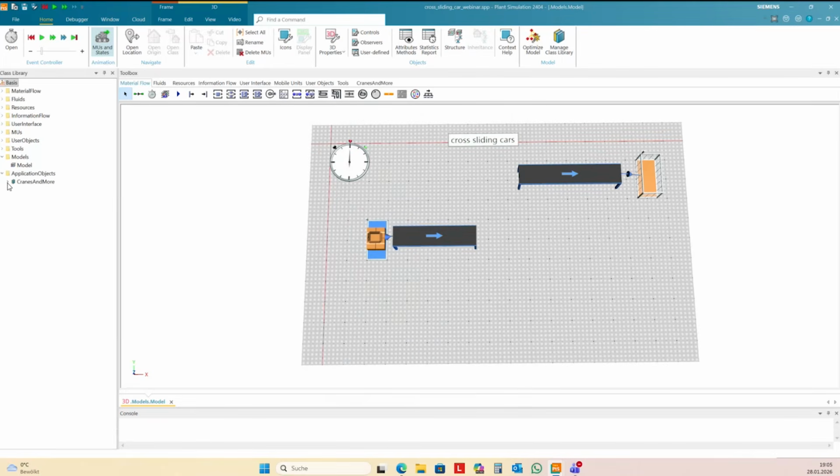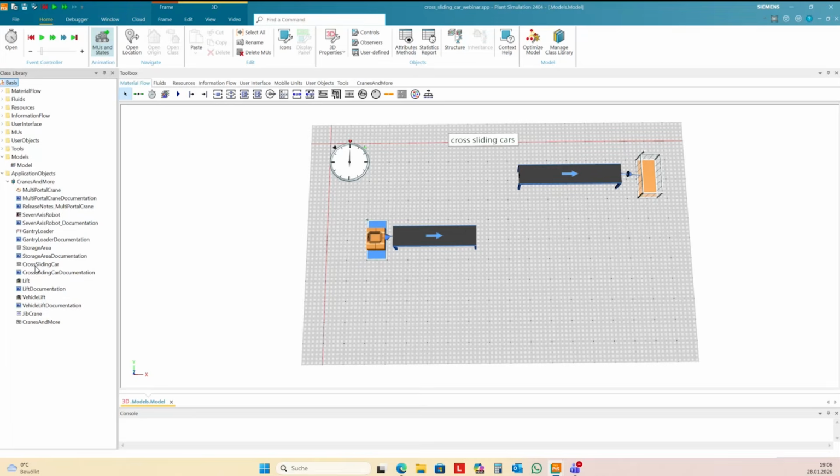Then you get the Cranes and More library here under Application Objects, and it contains cranes, of course, and also the gantry loader. The storage crane or storage area, you can connect it with the multi-portal crane. And you have here the cross-sliding car, then a lift, vehicle lift, and the chip crane. These are all elements in this Cranes and More library.